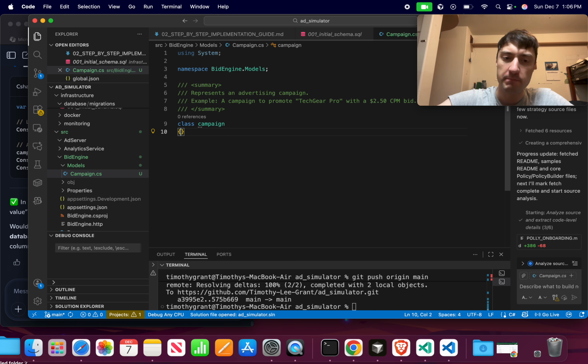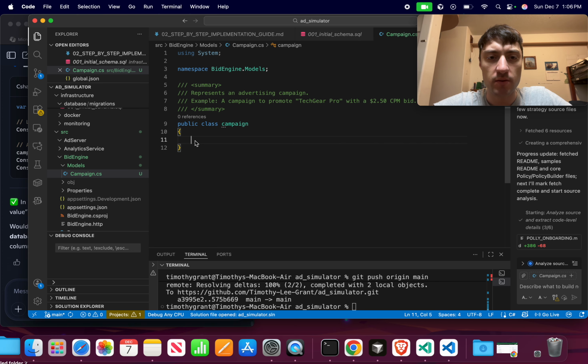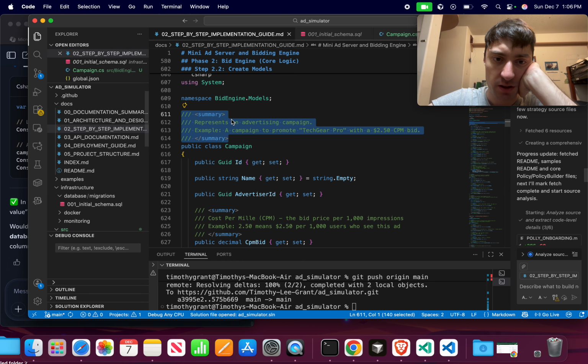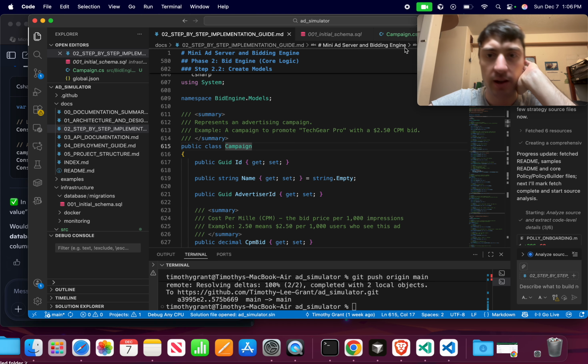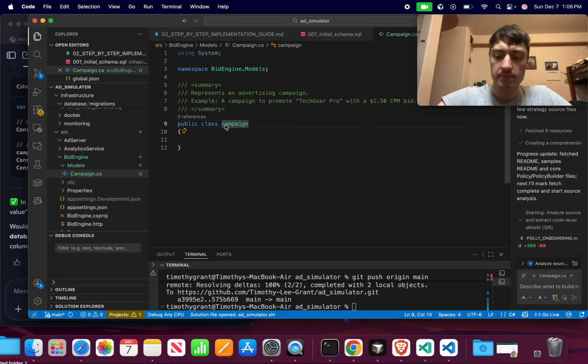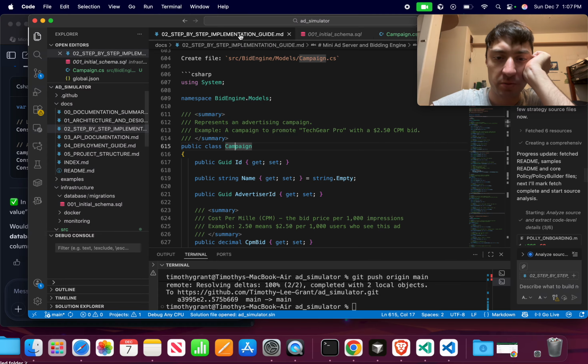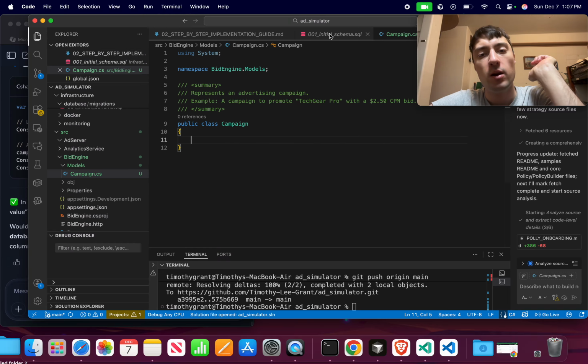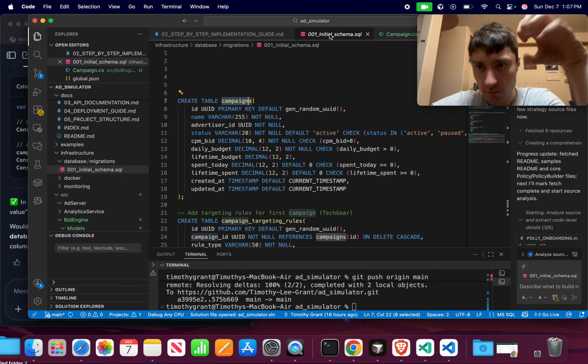And it needs to be public. I don't know if this is correct though. Let's see. Did we get that right? Public class campaign needs to be capitalized. Okay. Campaign needs to be capitalized, and we don't have the parentheses because we don't have a constructor. Okay, so now I have a class which models